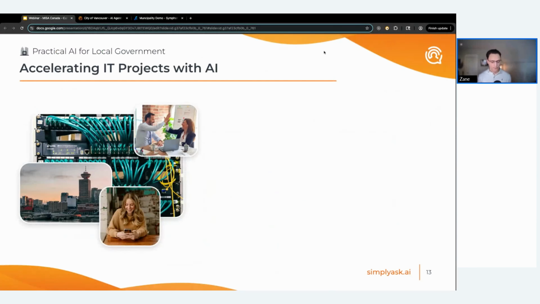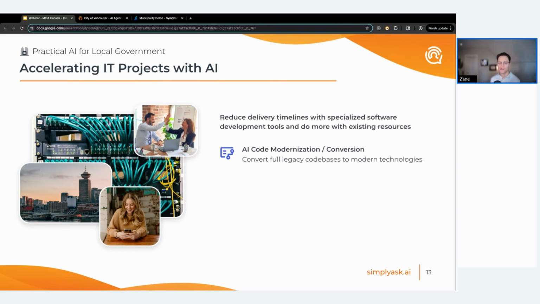Okay, so that was more on the operational side. Let's talk about accelerating IT projects with AI. Now, of course, there's always a constant pressure of doing more with less. Feels like that's a stronger pressure these days, especially being felt by the IT teams that I talk with. And what we'll talk about here are not necessarily generic applications of AI. There are great tools out there like GitHub Copilot, for example, that enable software developers to program faster and to deliver projects faster. But what we're looking at is more so about specialized tools for doing things like AI code